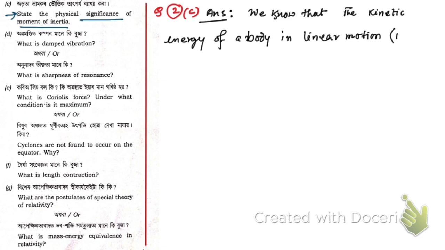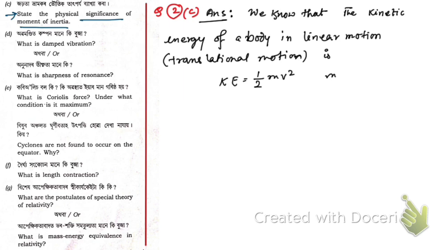or translational motion is given by half mv square, where m is equal to mass of the body moving with velocity v, right? Moving with velocity v, and